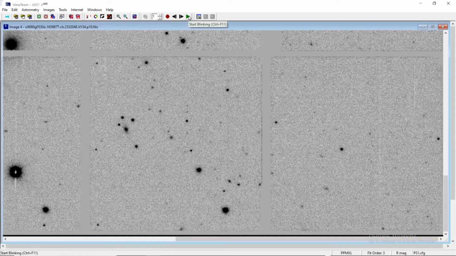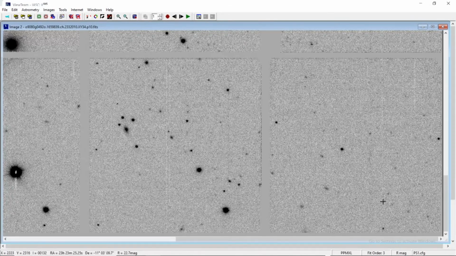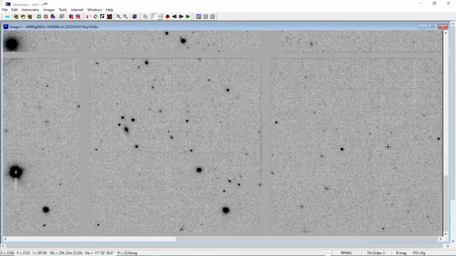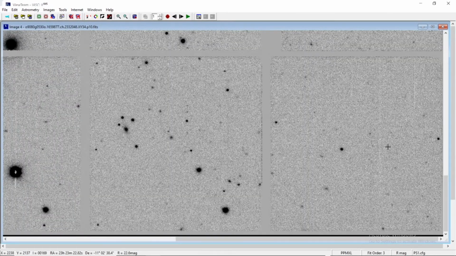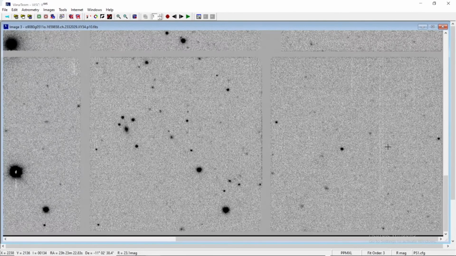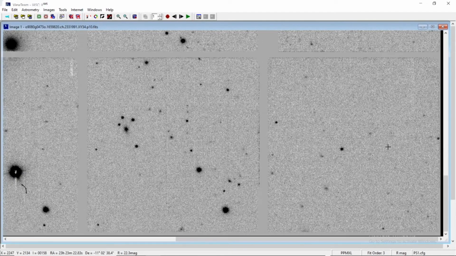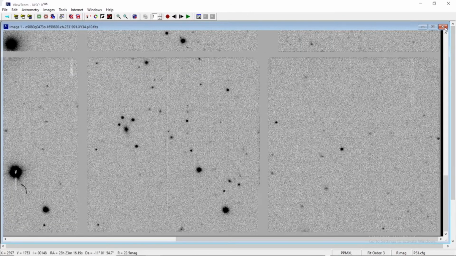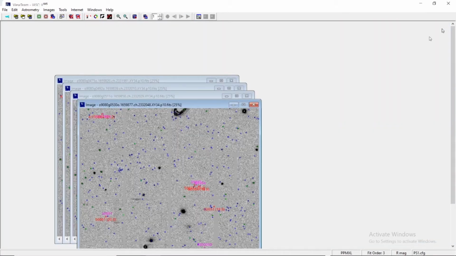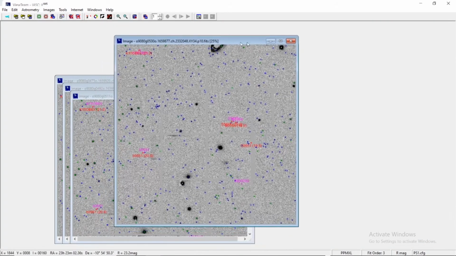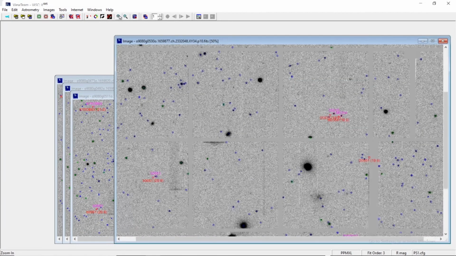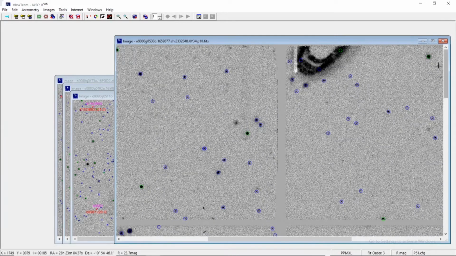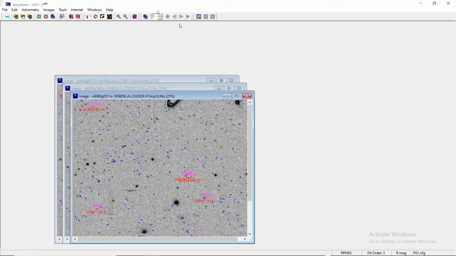So let us do the blinking again and see if there is any other object that is seen moving in front of you in this last column of this last row, fourth column of fourth row. There is no moving object. So now what we can say is everything is finished, and now I will close it and give you an impression of how your reported objects look in that MPC set. So let me open it for you.